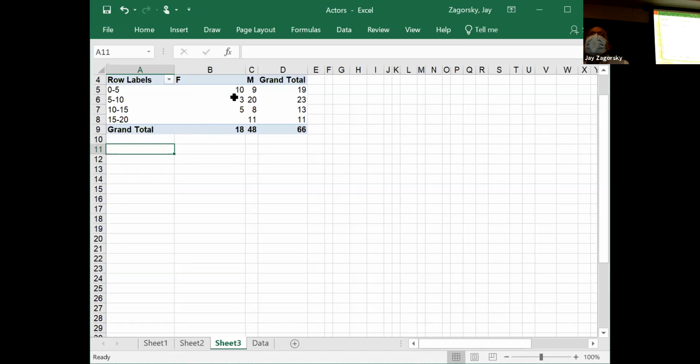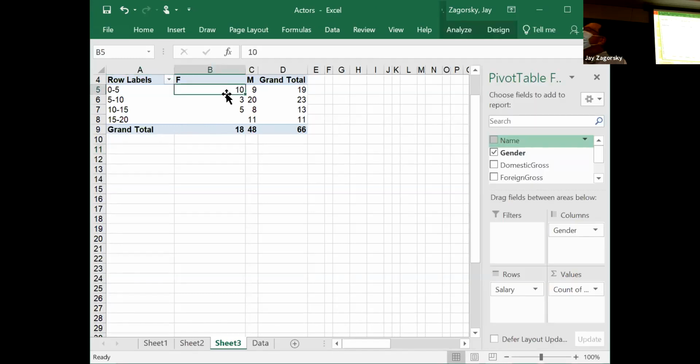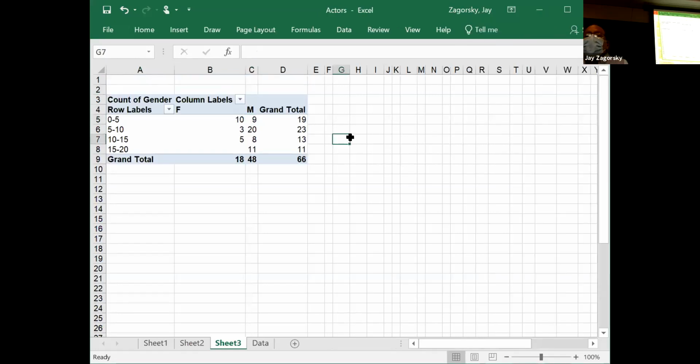So what do we have here? We have 10 women earned between 0 and 5 million, 9 men. Once again, we have an absolute table. Absolute tables are really tough to understand. I got to sit there and count and compare. What do I want to do? I want to do it as percent. I could do it by hand,